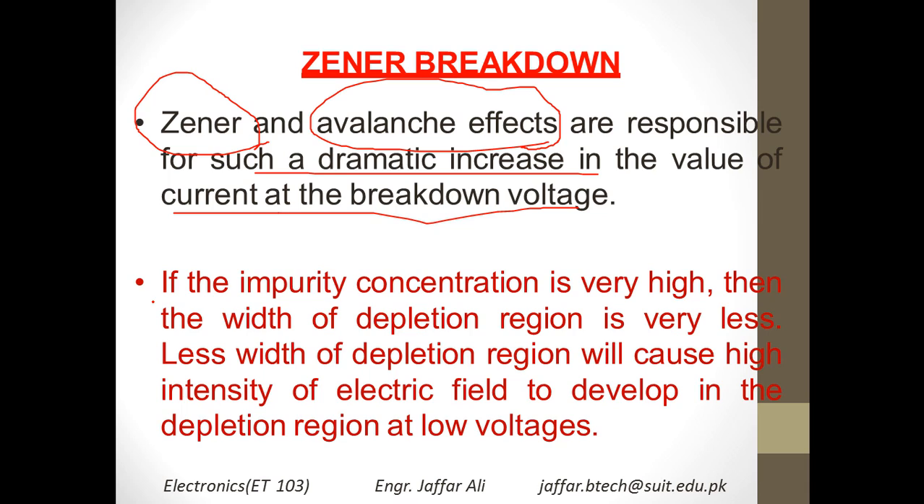So this is because of the impurity concentration. If the impurity concentration is kept very high, then the width of the depletion region becomes very much less. If you increase the doping level, so you see that this is our normal p-n junction, and if you increase the doping level, this will definitely become thinner and thinner, and the thinner it gets,